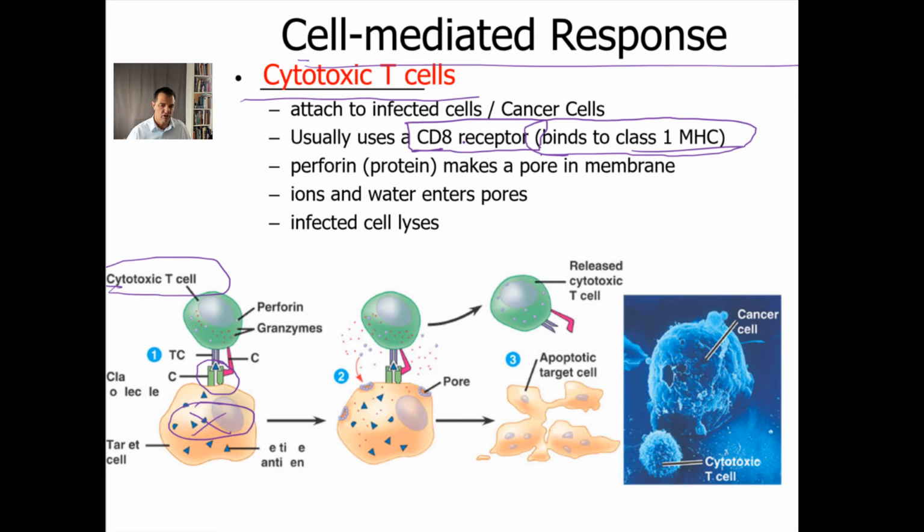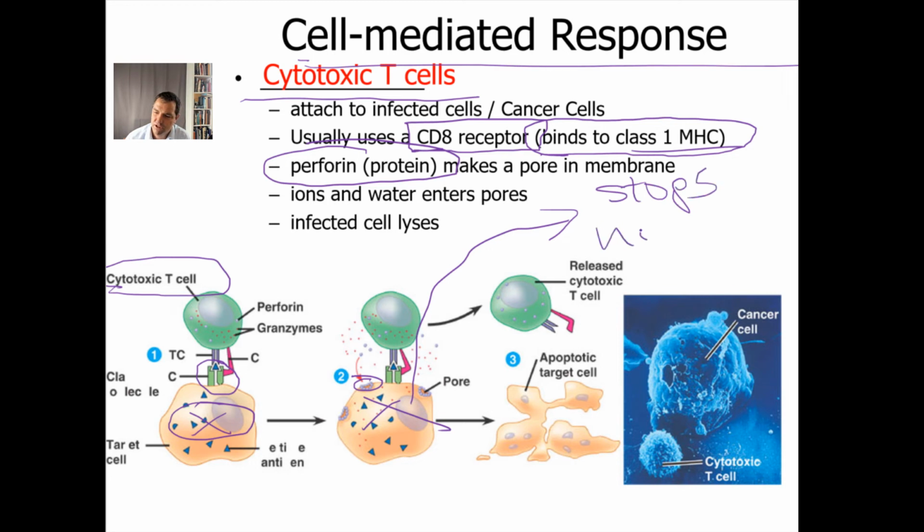It looks wrong or it's missing. So what the CD8 receptor does is when it binds to it and it recognizes the match isn't perfect, it releases proteins such as perforin, and that's a protein that will put a hole in this cell and will kill it. So what it does is it causes, it stops, if you will,